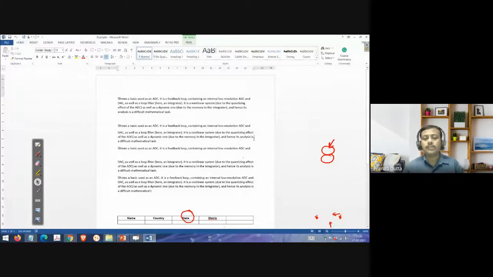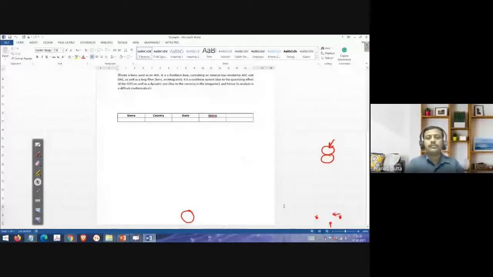Now, suppose you are somewhere in this location and you want to come to this starting where my pointer is showing, that is to the word show. So you just press Control Home. See, it goes to the starting. Right, and if you want to go to the end, then Control End, right? So if you see, it goes to the end portion.